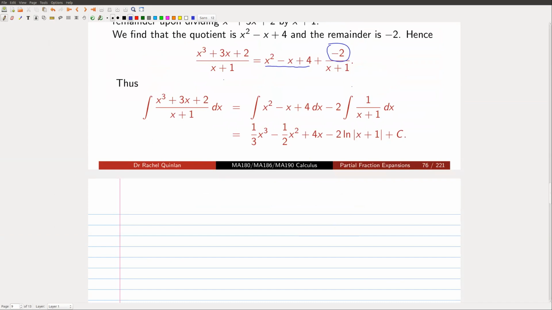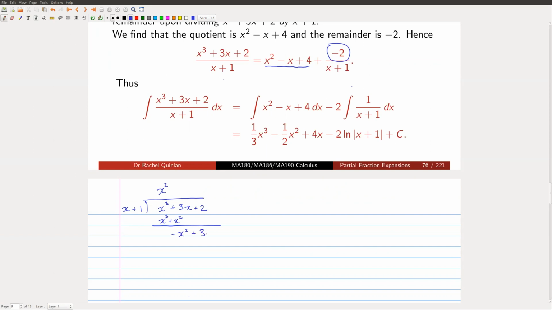Okay, so if we want to divide x cubed plus 3x plus 2 by x plus 1, we use the usual long division setup, which we don't write down so often anymore. The first step is to look at the leading term, which is x cubed. To get x cubed, I have to multiply x by x squared. So the first term of the quotient is x squared. Multiply that by x plus 1, we get x cubed plus x squared. Subtract. That cancels the x cubed terms by design. We get minus x squared